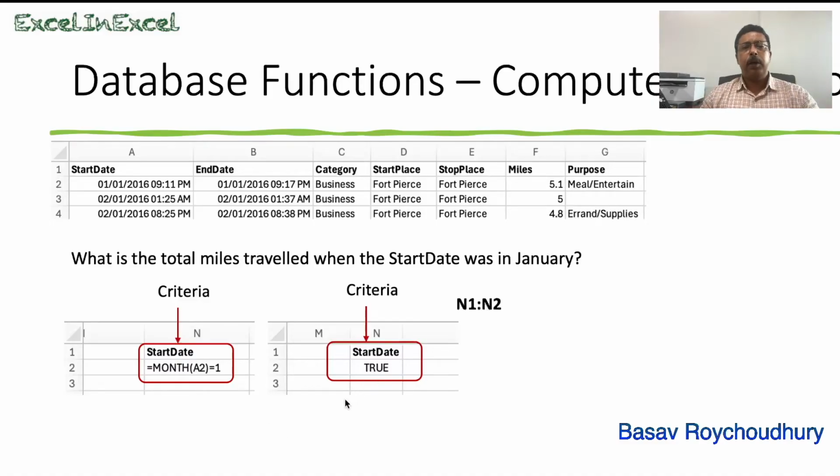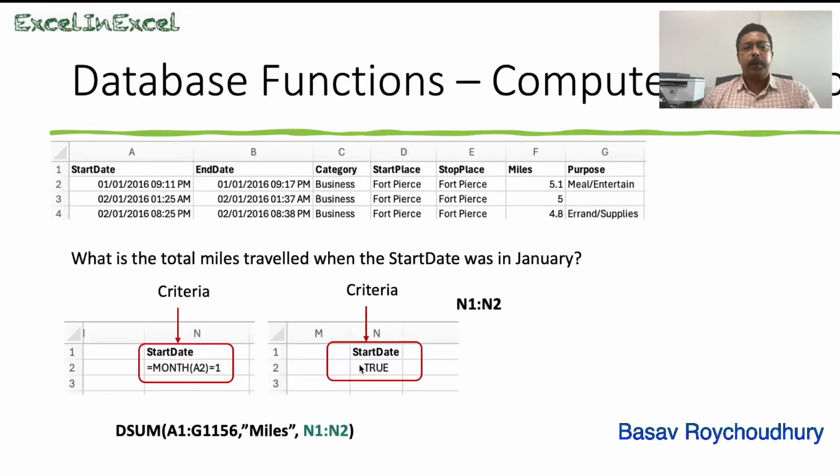And therefore, if we now write our formula like this, DSUM A1 to G1156, that is the total data set, miles N1 to N2, unfortunately, we will not get the result. Possibly we will get the result as 0. Now, why so? It is because